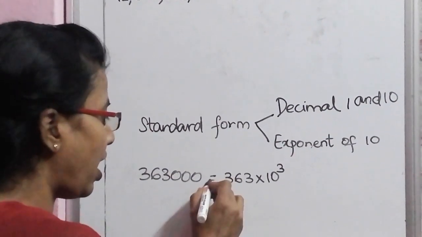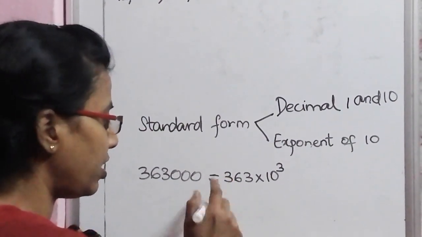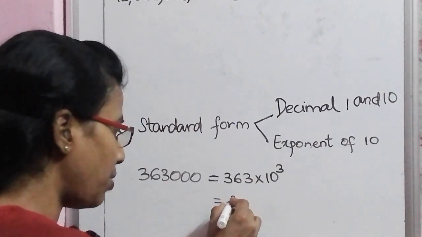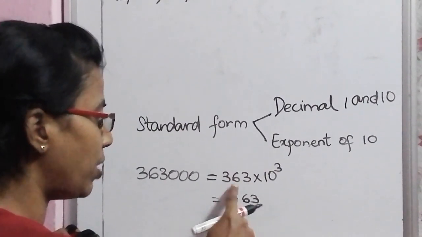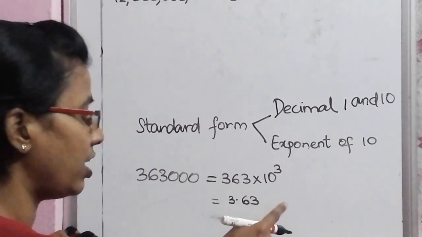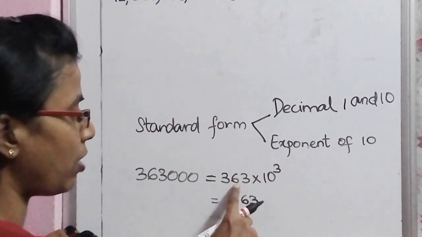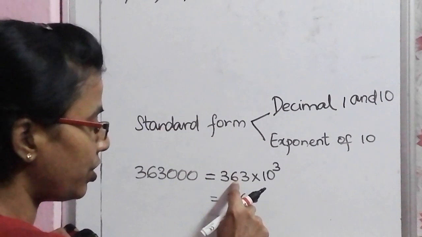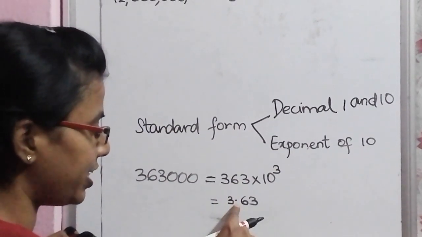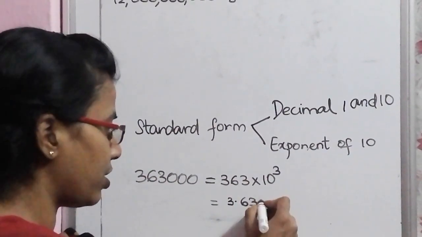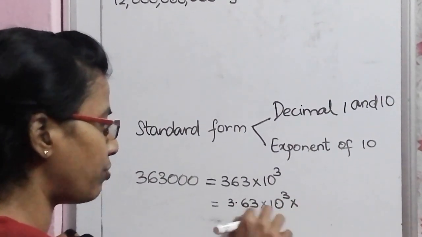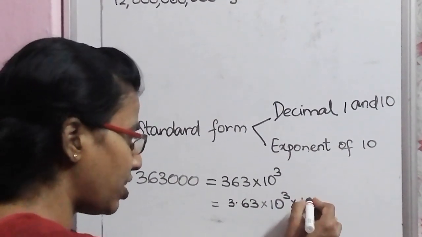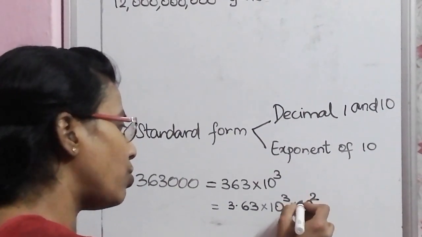So here I have to see that it is 3.63, but how will I get the point here? If I multiply the numbers here, 2 digits, after 2 digits the point is coming. So this is 10 to the power 3 into, after 2 digits, so multiply with 2 zeros, that is 10